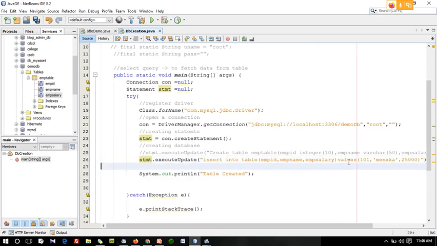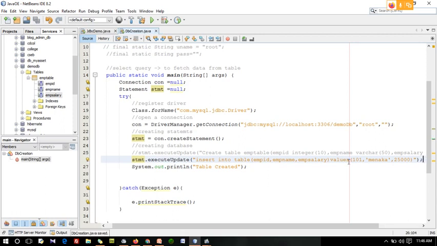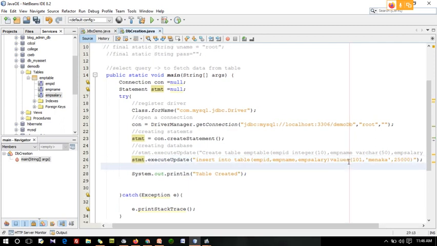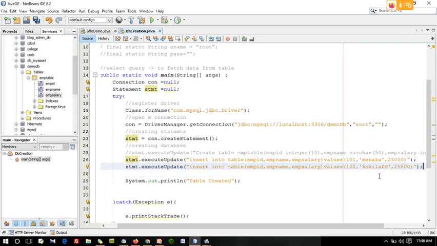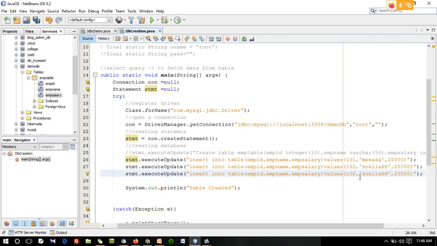And then if you want to execute this, how can I execute this? If you want another data, you can give it here, like this, 103.